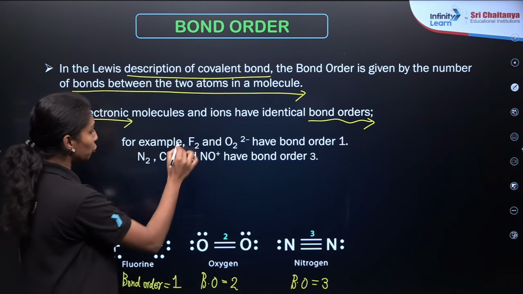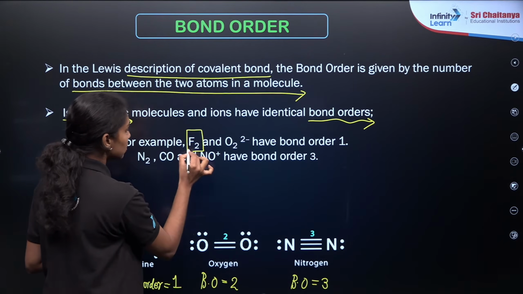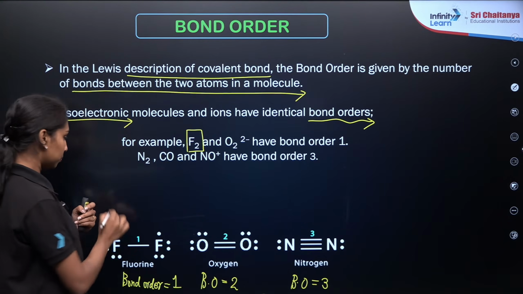For example, if you are taking the F2 molecule, what is the total number of electrons there? In the case of the F2 molecule,